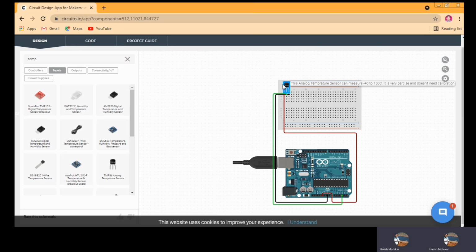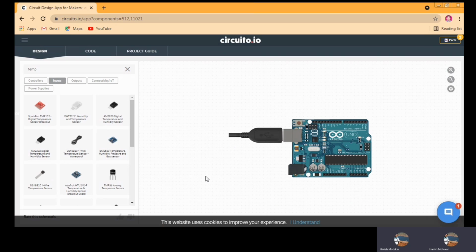Okay, so if you want, you can remove this component, you can replace this component. For that you just need to left click here. So you can check here the info about the sensor. You can duplicate the sensor. Duplicate means we can make another copy of the sensor. Okay, and you can remove this sensor. Once I remove it, you can see the whole configuration will be removed automatically, and you can also edit the sensor. Okay, so these are all the features available here.